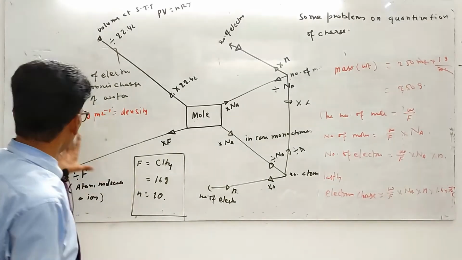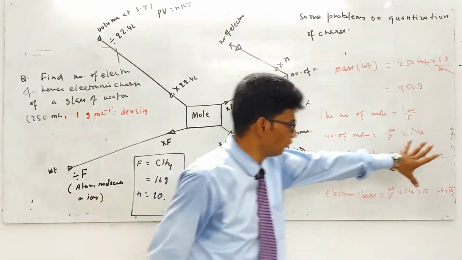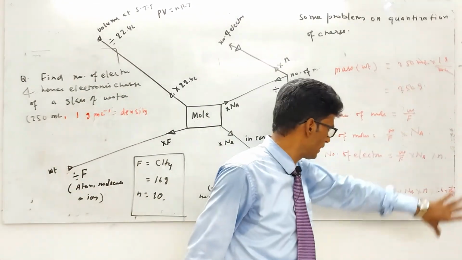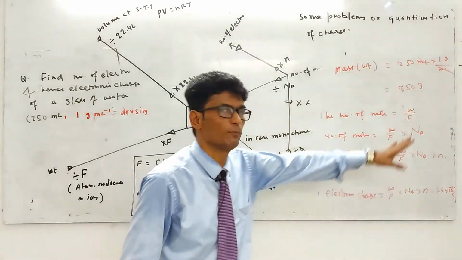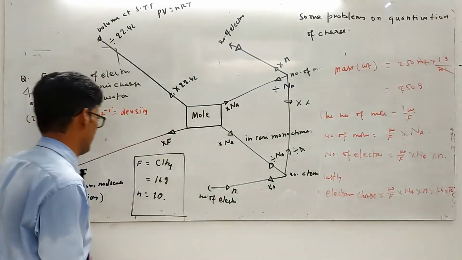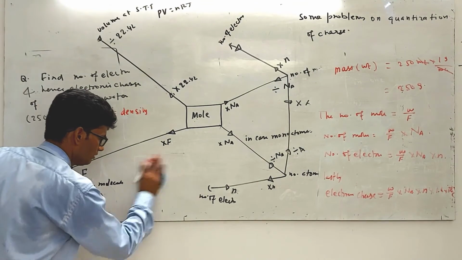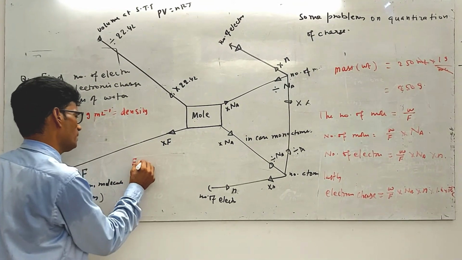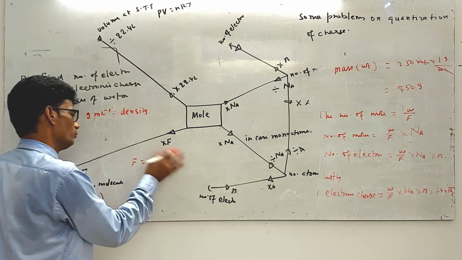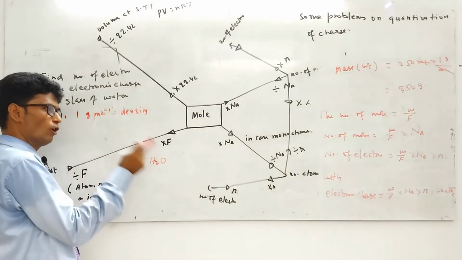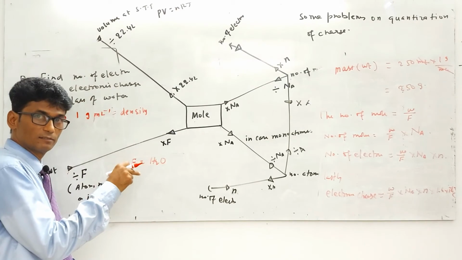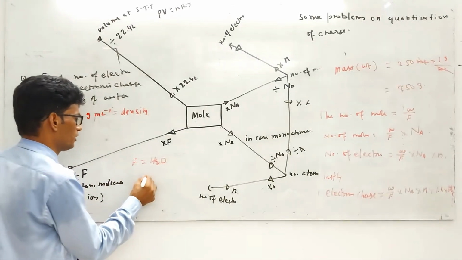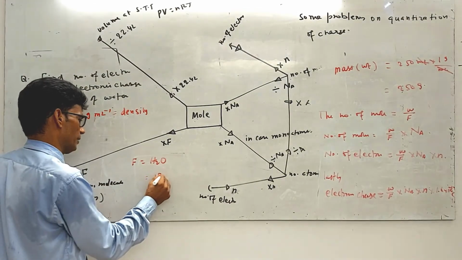So weight is already given as 50 gram. Na we all know, 6.022 multiplied by 10 to the power 23. F we have to find, and the small n we have to find. So how can one find F here? If this is water, H2O, then F for water, the H2O, means molecular weight: the weight of 1 mole of molecules of water. So it is 2 gram plus 16 gram, that is 18 gram.